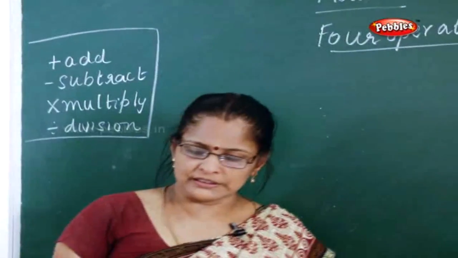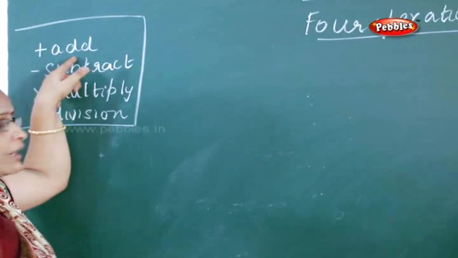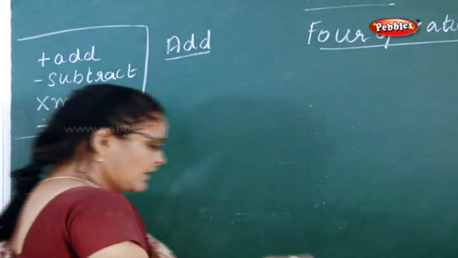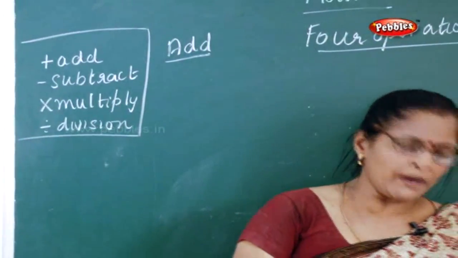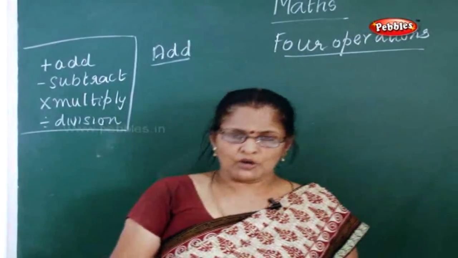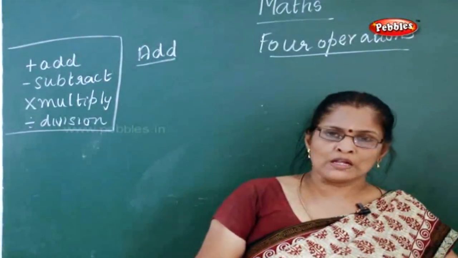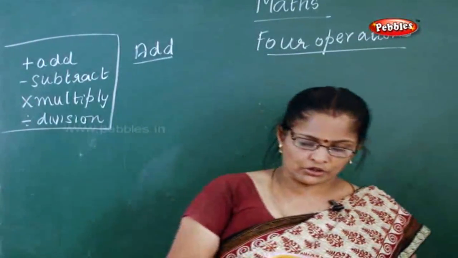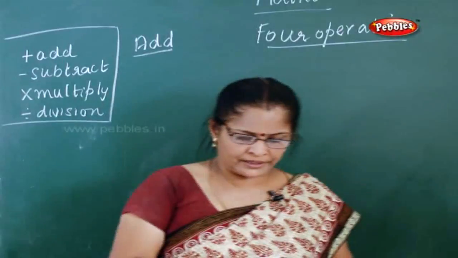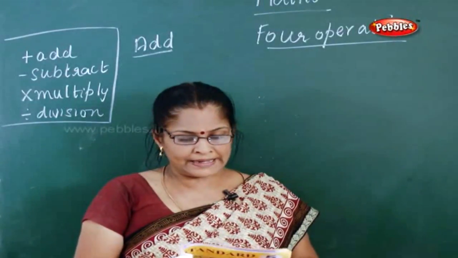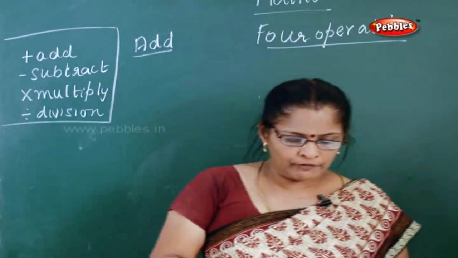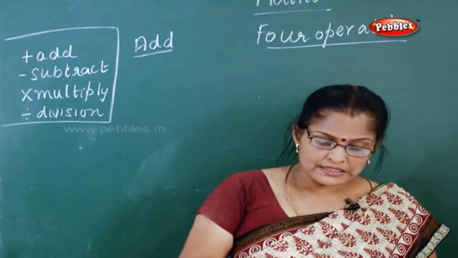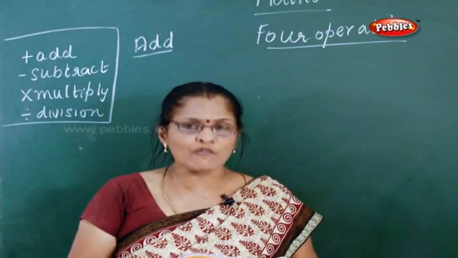With regard to addition, we are going to start with addition first. There was a problem given by a maths teacher to the students. The teacher announced that one who gives the correct answer will get a gift. She said, I bought a cot for rupees 12,700, a bureau for rupees 9,300 and a table for rupees 2,700. Now what is the total cost of the things I have bought?